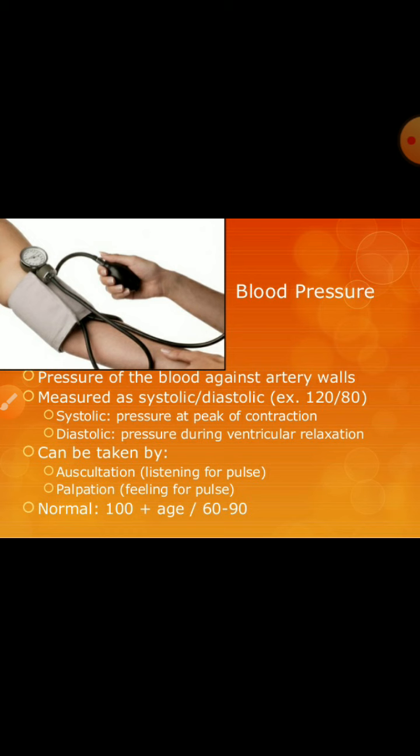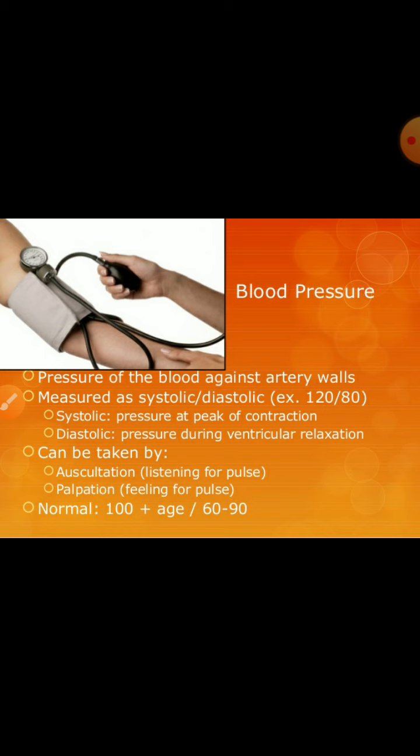So during each heartbeat, the arterial blood pressure in a normal human adult rises to about 120 mmHg in the systolic phase and falls to about 80 mmHg in the diastolic phase. The difference between the systolic and diastolic pressure is called pulse pressure and its normal value is 40 mmHg. Now we talk about mean arterial pressure. Systolic and diastolic arterial pressure are not static but undergo natural variations from one heartbeat to another throughout the day. So mean arterial pressure is the average arterial pressure during the complete heartbeat, and it is defined as the pressure which determines the average rate of blood flow through the systemic vessels.